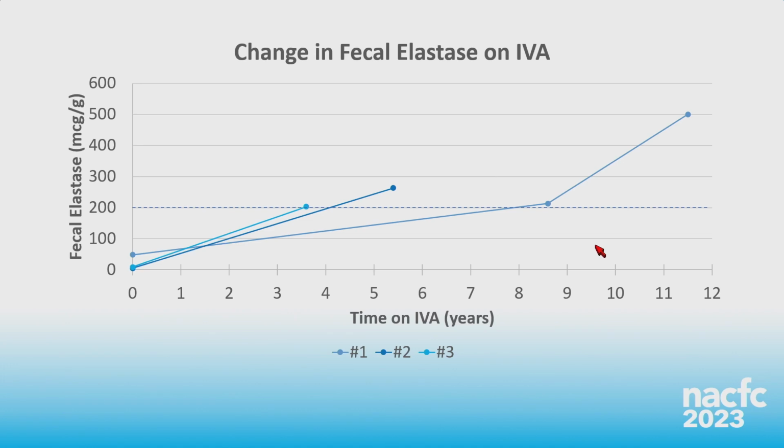So these 3 patients converted to pancreatic sufficiency while on ivacaftor. Patient number 1 in blue here started on ivacaftor at 6 years, 7 months old as a trial participant, and after 8.5 years, at about 15 years old, she told us that she stopped taking her enzymes and had no symptoms. A fecal elastase of 213 confirmed that she was pancreatic sufficient, so we officially discontinued her PERT.